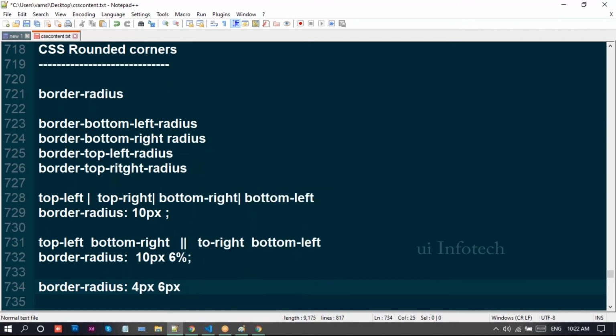Now, this stands for, first we have to calculate. So first one is top left.